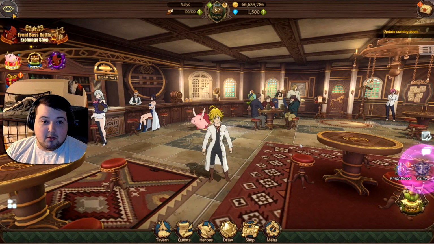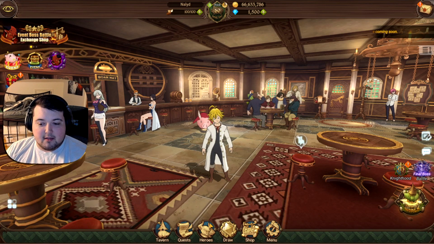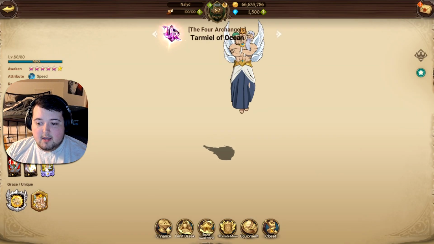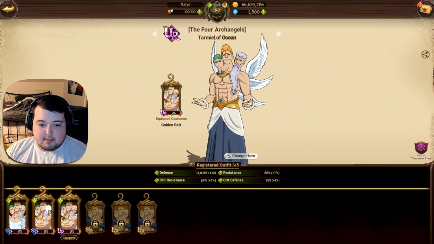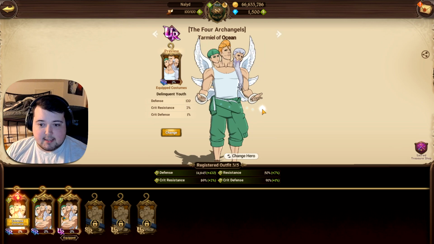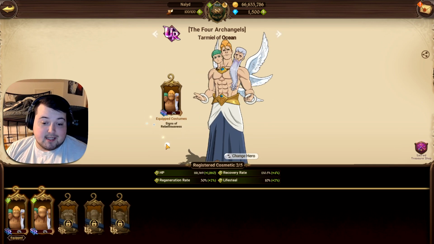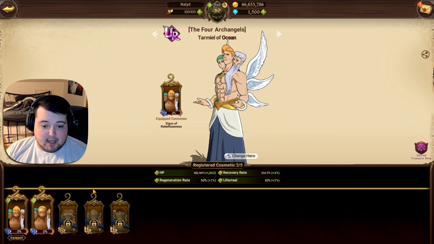Every so often they will give out good ones. Like I think in the last event they ended up giving out a free cosmetic set for Tarmiel, which was really nice. So we were able to get all 3 pieces, but they were all SSR pieces, so they're not quite up to maximum. If I wanted to, because I've already got the costume, I could just say, hey, that's